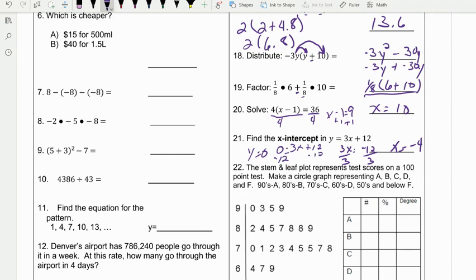Okay, now this last one is dealing with graphs, charts, whatever they might be. In this case, you are dealing with a stem and leaf plot. This is your stem and leaf plot. And then we're taking that information and putting it over here into this chart. And we could use this chart then to make a circle graph. But since it's not that easy to draw pieces of pie into a circle when we are doing stuff on the computer, what we're going to do is we're just going to take a look at filling